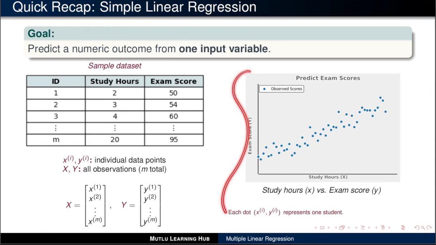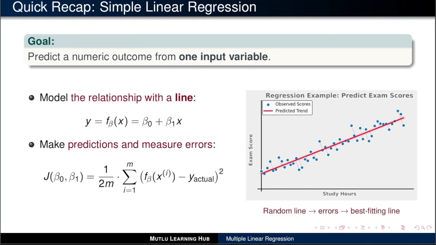On the right, you can see a scatter plot showing the relationship between the study hours and exam score. Here, each point represents one student, their study hours on the x-axis and their score on the y-axis. The idea is to model the relationship with a straight line. We then make predictions and measure how far off they are from the actual values using the mean squared error. The goal of training is to find the line that minimizes these errors, in other words, the best fitting line